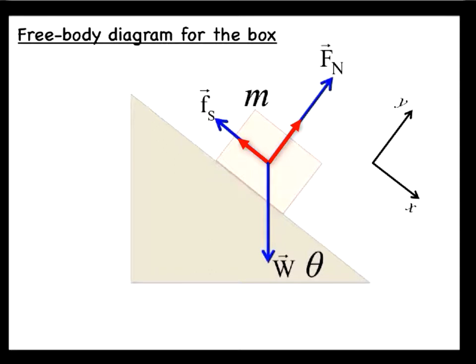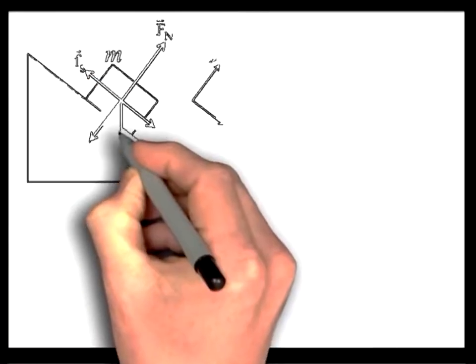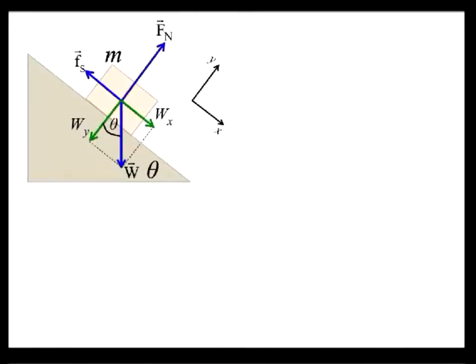Since the normal force and the static friction force point along an axis direction, the weight is the only force we need to break down. Notice it has a y component in the negative y direction and an x component down the incline, which is in the positive x direction. And the angle between the weight vector and its y component is also equal to theta, the angle of the incline. Now that the vectors in our free body diagram have been resolved, we move on to step 4, which